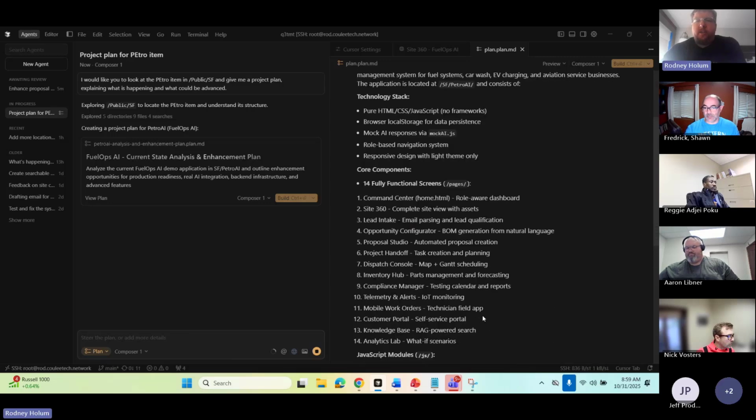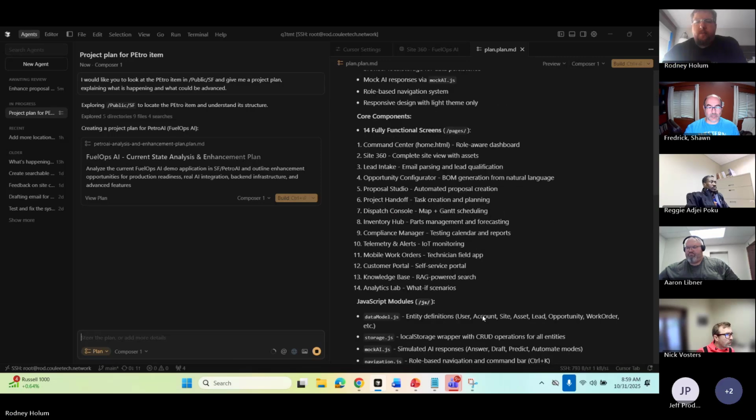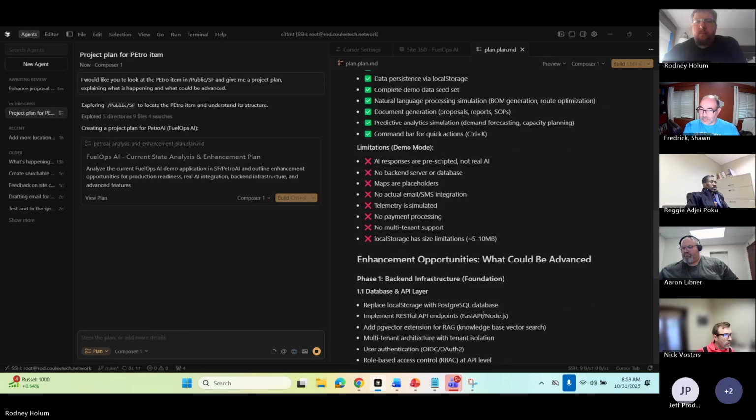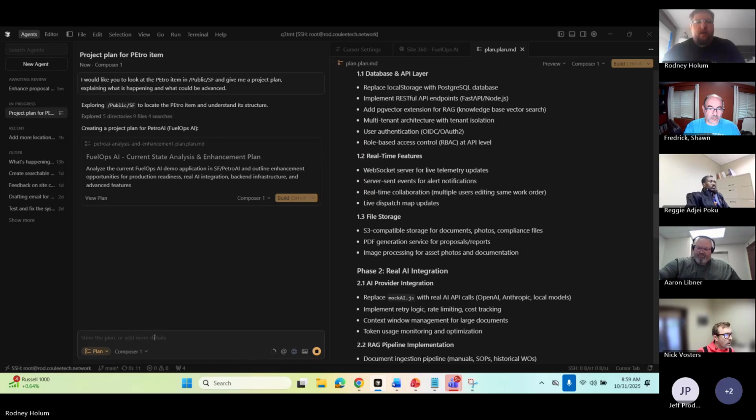So here's its plan, its documentation of how this tool works. It looked at it and correctly identified that it's just a demo app. It doesn't have any actual back-end stuff. And then I could go ahead and update it.